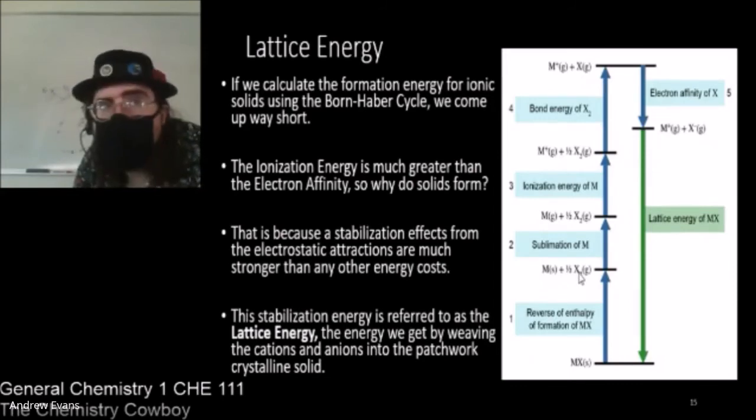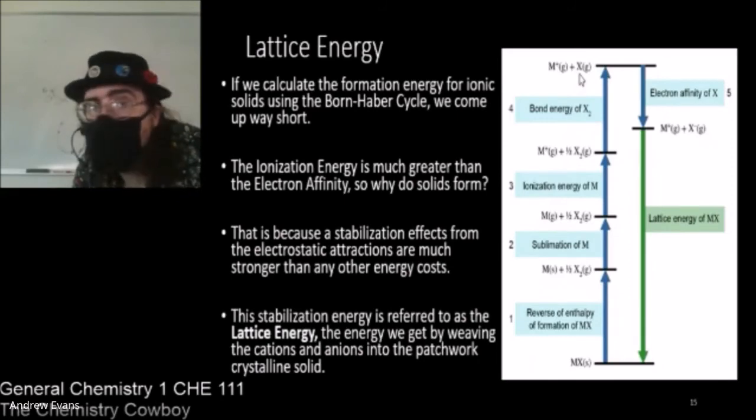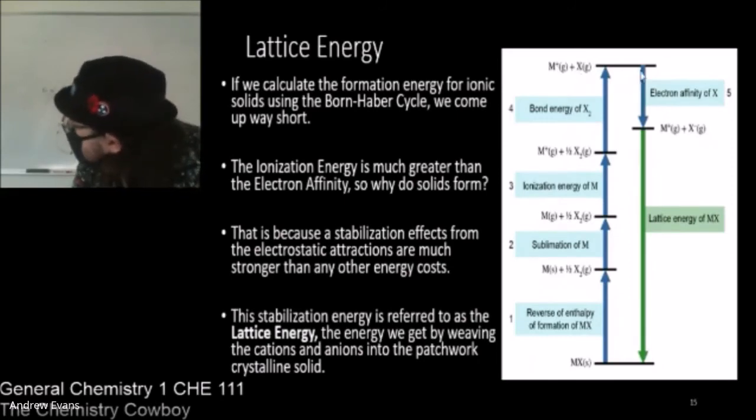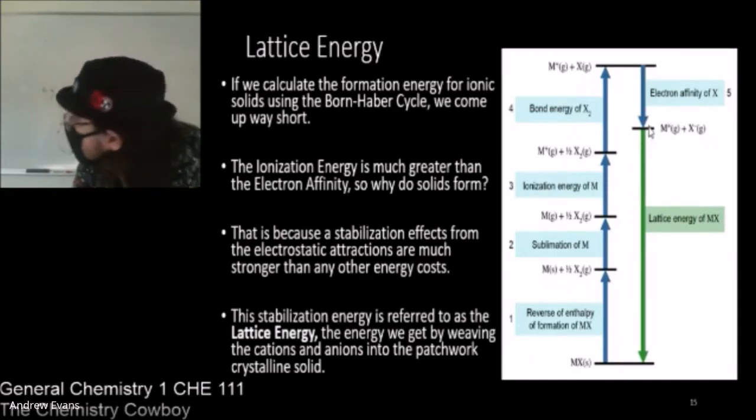If we calculate that by all the numbers we know, there's sublimation, that costs energy. Ionization energy costs energy. Breaking the bonds of the diatomic gas, that costs energy. Then we add in the electron affinity. We've only gone here. So far, from here to there has been almost all cost, no benefit. Almost all cost, no benefit. But to get from here to there,